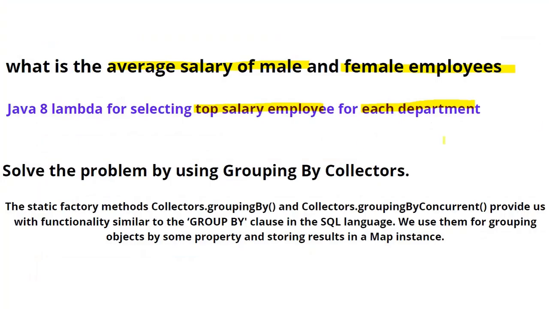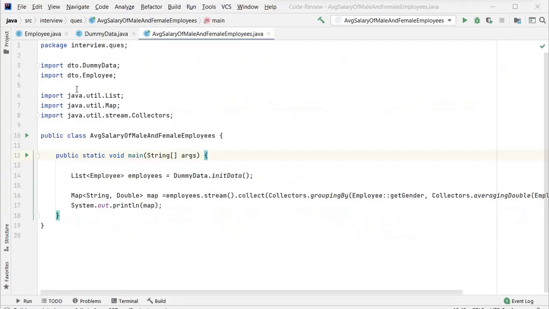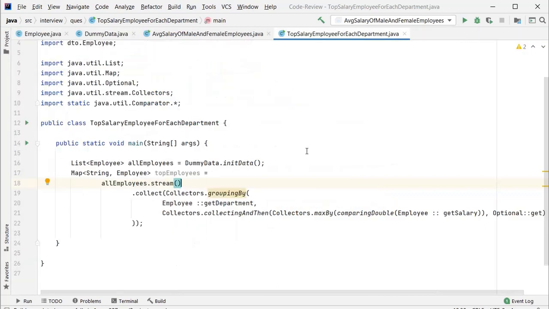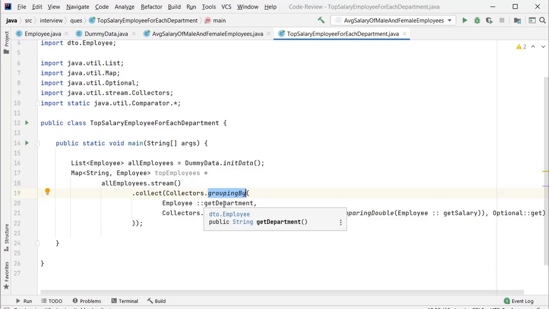So our second problem, find out top salary employees from each department. For the second problem, I already created the class to find the top employee, and I already wrote the logic. Same as before, I get the result from the initData method, and on the stream I performed collect, and for collect I provided groupingBy, and on groupBy I want to group by department. So I use the getDepartment method of the Employee class.